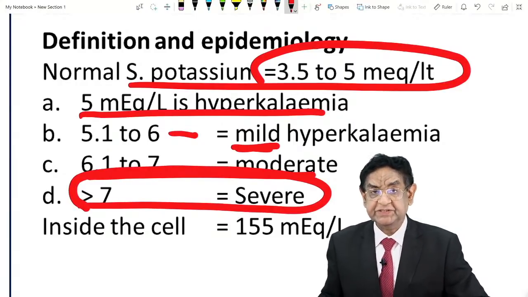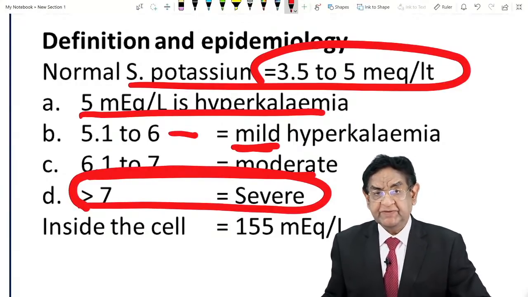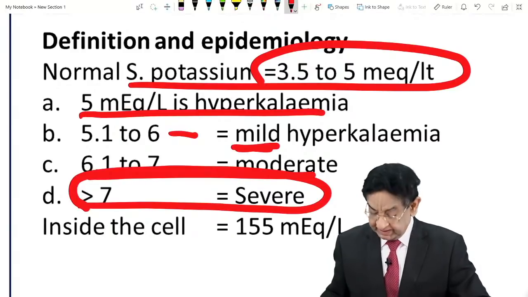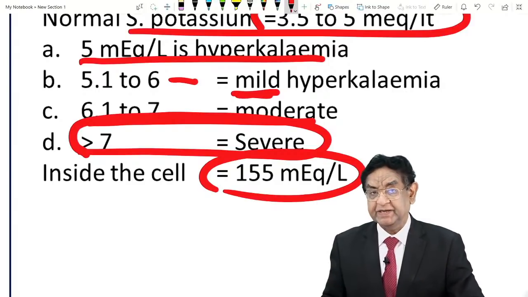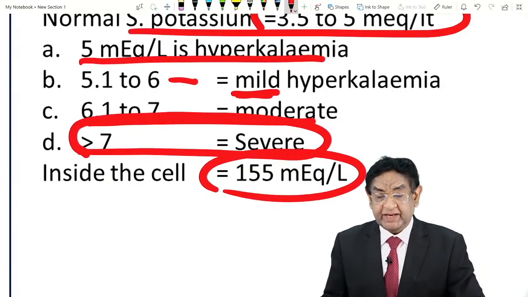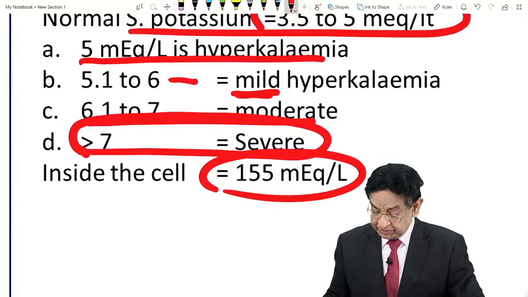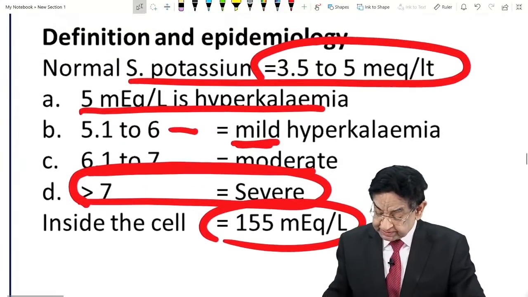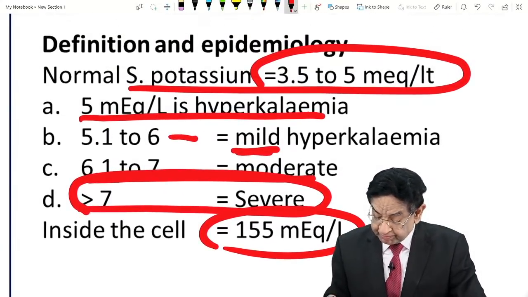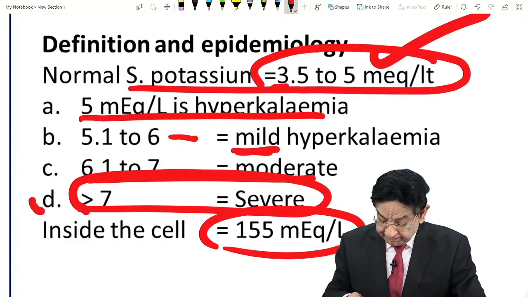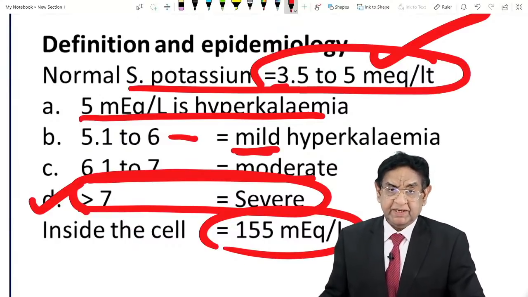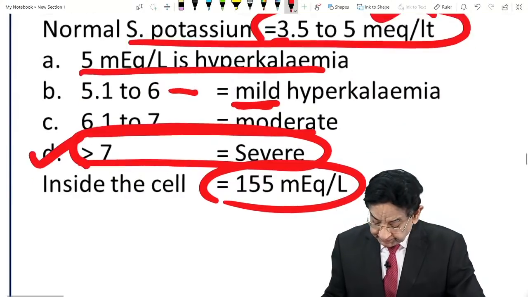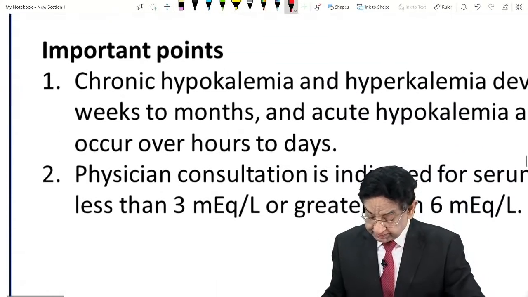Same thing I mentioned in the previous slide: severe hyperkalemia means more than 7. Inside the cell, potassium is 135 milliequivalents per liter. The point to be noted is that it is a very, very high level inside. So this is important to remember. Of course, if you remember the others also, there is no harm. With this background,